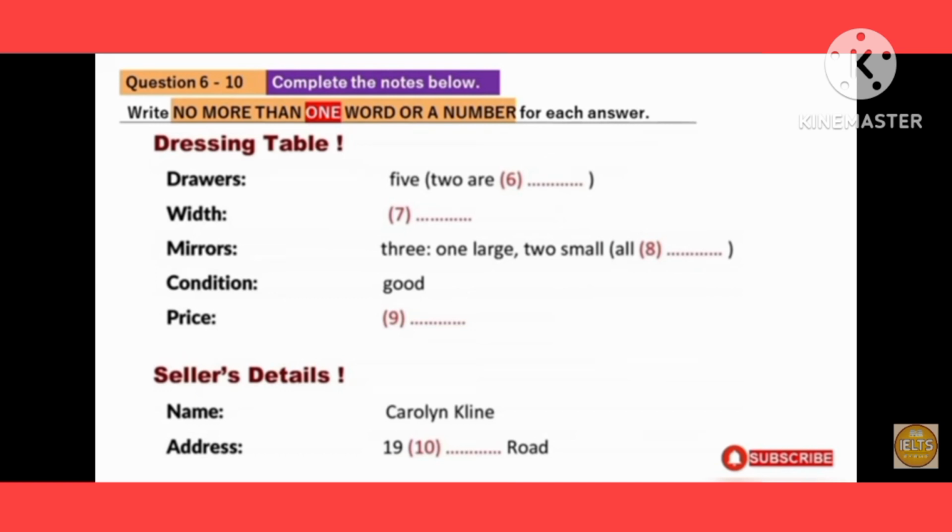Now, can you tell me about the dressing table? Yes, it matches the other tables in colour and style. Good. How many drawers does it have? 5 altogether. The bottom 2 drawers hold more as they're deep. And the dimensions? How wide is it? It wouldn't be more than 1.5 metres, would it? Well, just under, actually. It's